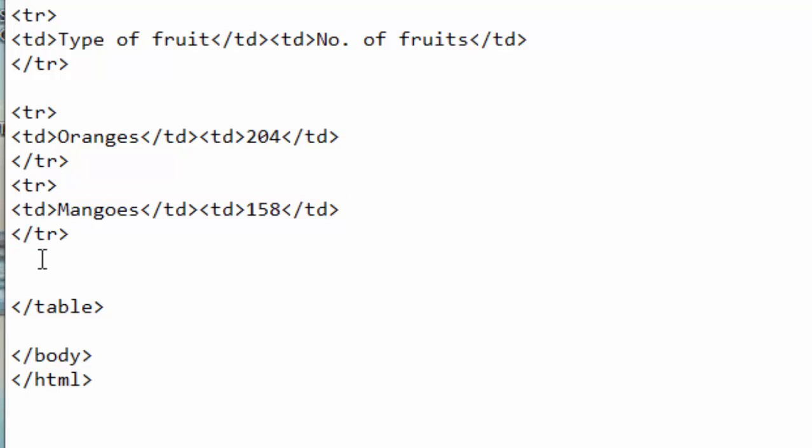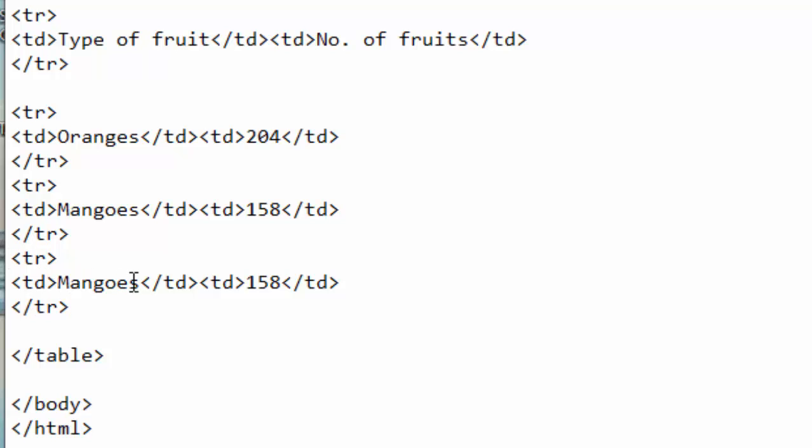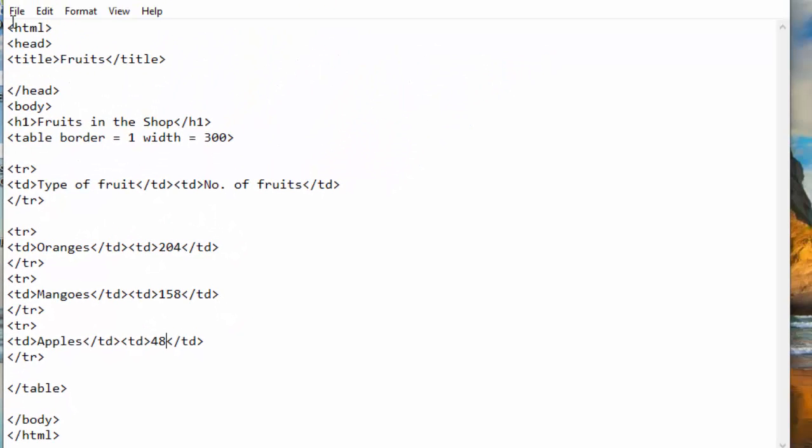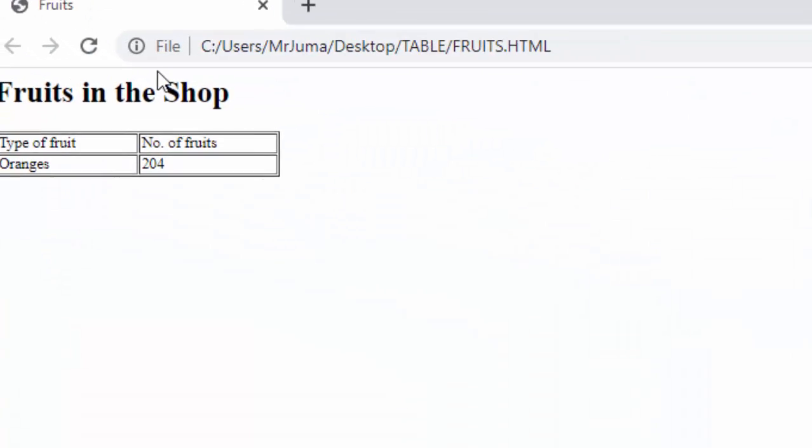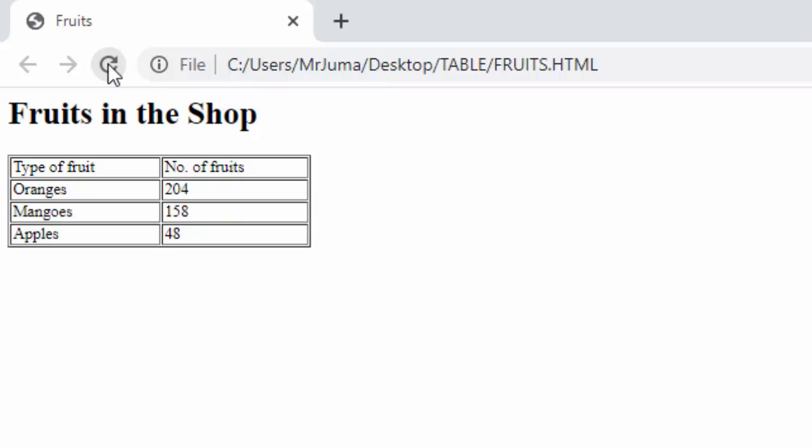I will copy this row again, this one for mangoes, copy it and paste it below here, and I will change this information to apples, and maybe I have 48 apples in the shop. So I will save these changes and come back to my table and refresh it, and you can see the rows I have added, they were added here on the web